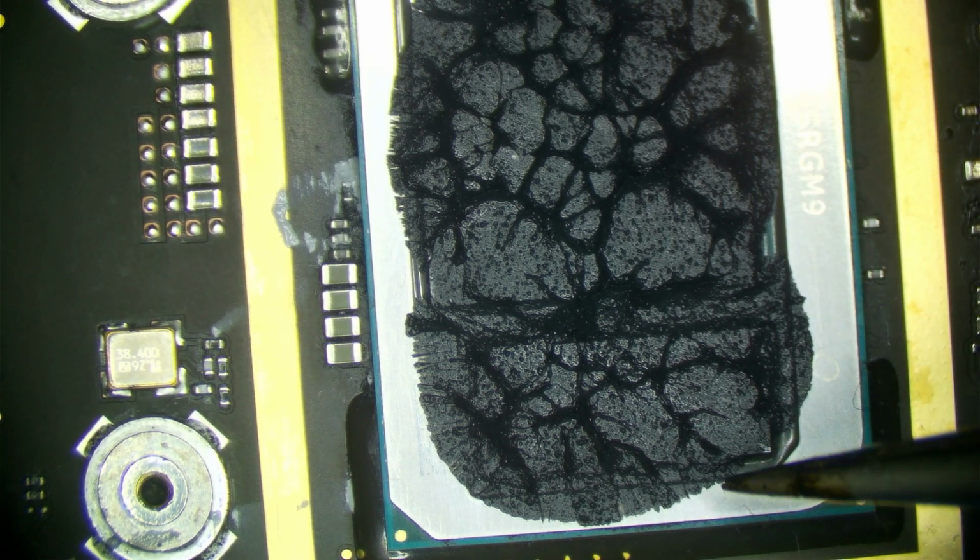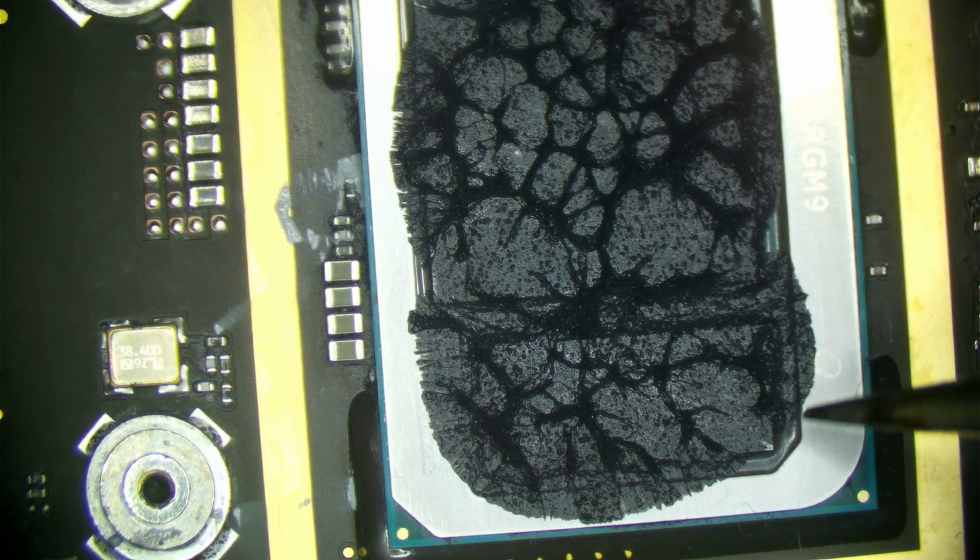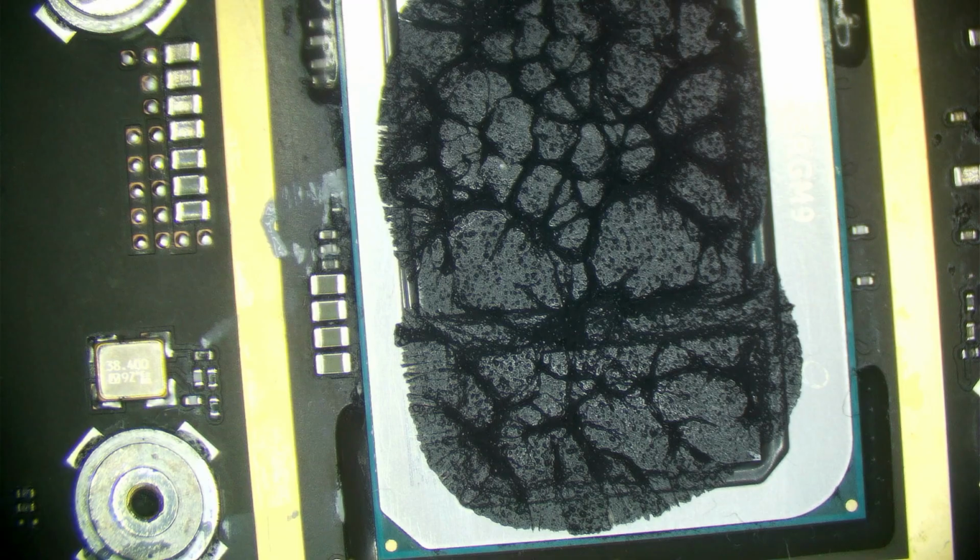There's about 99% of the die covered, and another thing you see, the paste totally spread out. Okay, there's no section in the center of it where there was a line. It totally spread out. With the MX4 you can see that there was a line down each die. We just don't see that here. The paste totally spread out. It totally coated the die, and there's a nice thin layer of thermal compound there